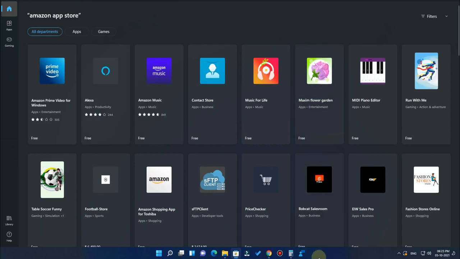I am currently using the developer version, but still I am not getting this feature. This Android app feature will be available in the first quarter of 2022 only, as per my guess, and Microsoft has still not unveiled it. So in case you are installing Windows 11, currently you can't use Android apps in the Windows 11 operating system. It will take some time. Still, for the developer version it's not available.